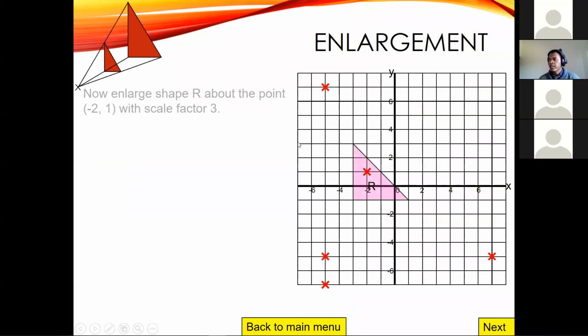We look at another example quickly. We have the shape